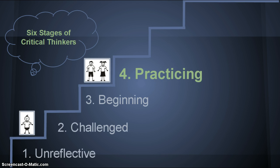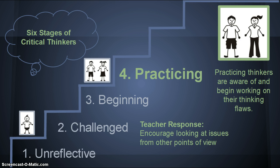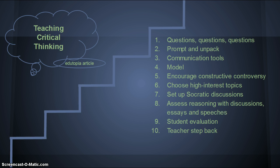As students move into high school, they are able to be practicing thinkers. In this stage of thinking, students are more aware of and are beginning to work on their thinking flaws. Teachers are able to encourage looking at issues from many points of view. In an Edutopia article, 10 steps are outlined to help teachers teach critical thinking with high school students. These steps include asking questions,